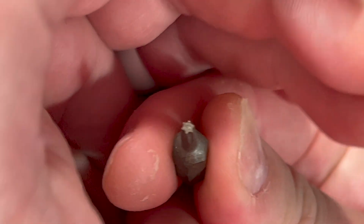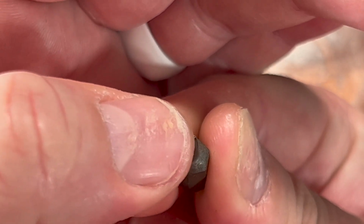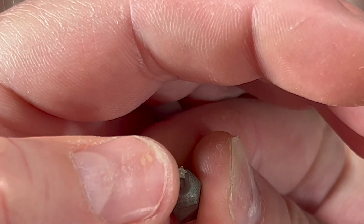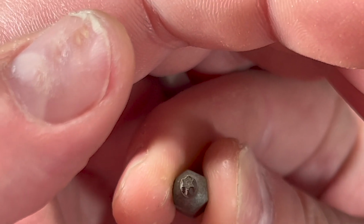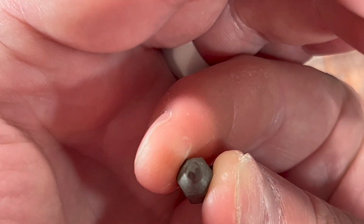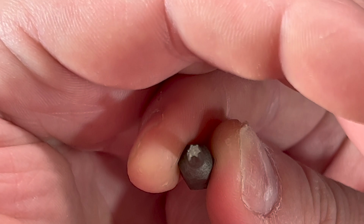See how, like, that one star tip right there, the one on the right, see the gap between it and the one up top is huge? And then you look at all the other ones and the gap is smaller. And that's because that one is bent to shit right there. I don't know if you can see that, but it is bent to shit. So, yeah. Anyway,